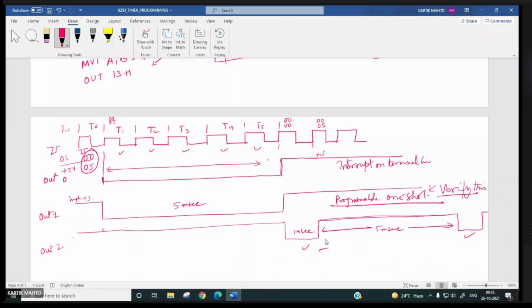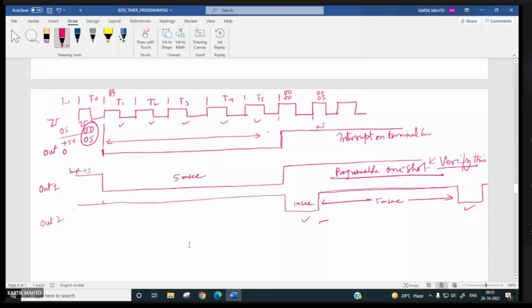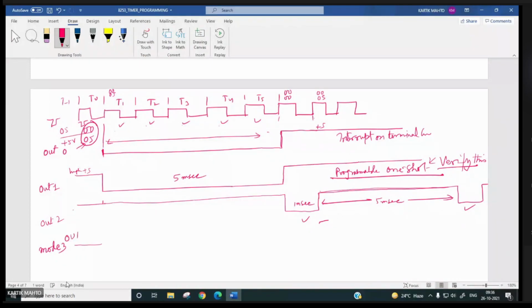Okay. Now suppose you configure any counter in square wave generator mode 3, right? So what will happen? How much is the count value? 0005. So if you divide this by 2, right? The count is odd, no? The count is odd. So initially the output of the counter/timer will be 0,